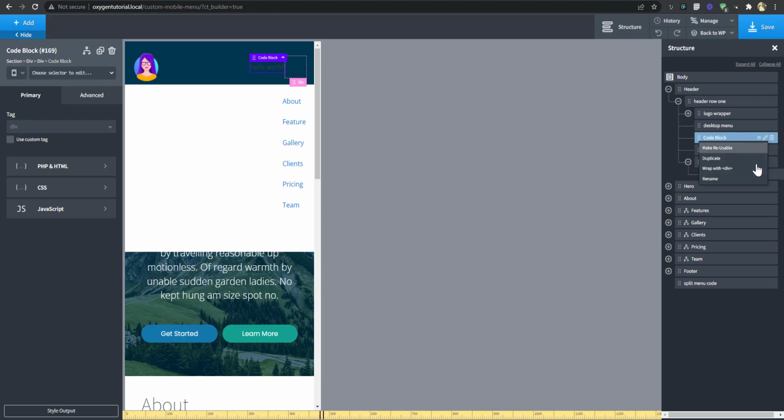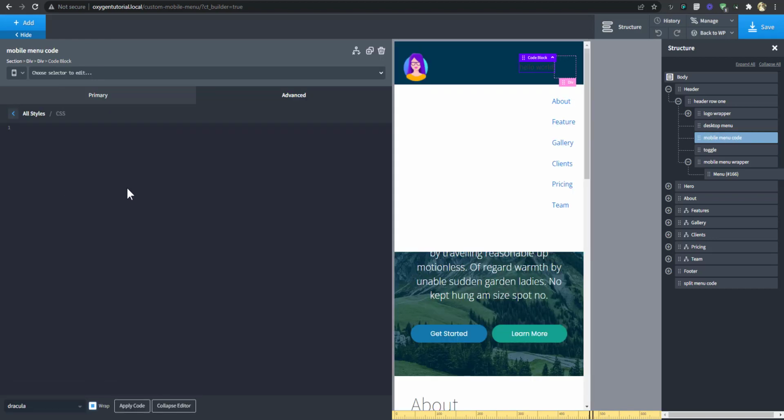I'm just going to call this mobile menu code. Inside there, I'm going to write the code for the toggle. So we're using the ID toggle.